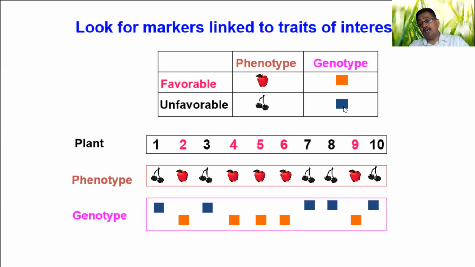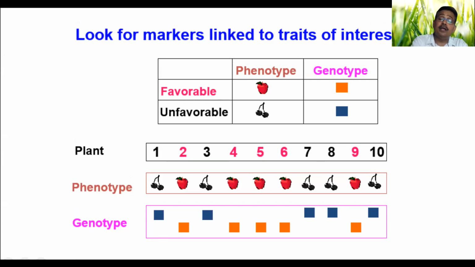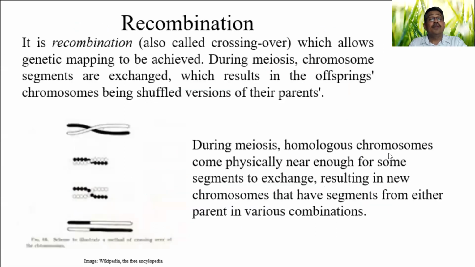Whether you have 5,000 markers or more than 20, 30 phenotypes, no problem. The only thing is, among the 5,000 markers, which marker always segregates with your phenotype? That is the question. If there are 2, 3 markers which are arranged, then the map distance, and which is the closest marker, which is the flanking marker, all will come here.